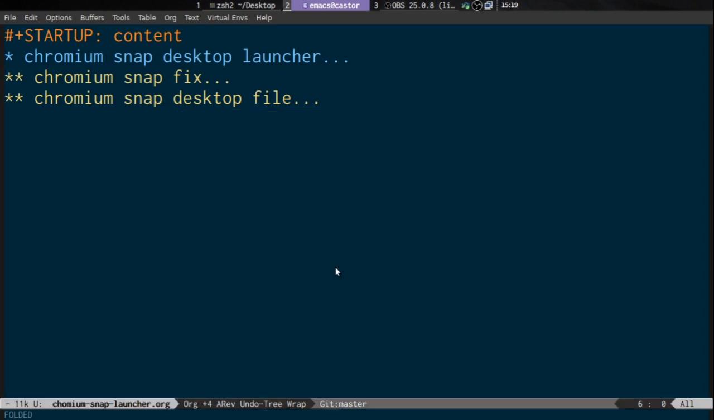Now, the problem is that in previous versions of Ubuntu, the Chromium browser was a deb file. But in versions of Ubuntu 20.04 and later, it's actually a snap file. And the problem is when you upgrade from 18.04 to 20, you'll still have the previous desktop launcher installed. And what will happen is you'll open your application launcher and the Chromium browser doesn't show up. So what I'm going to do is show you how to fix this and the various locations the desktop files